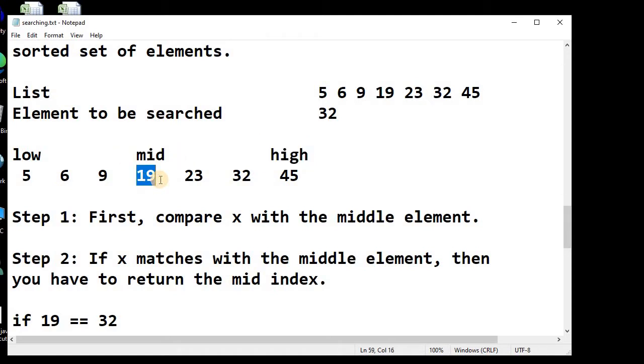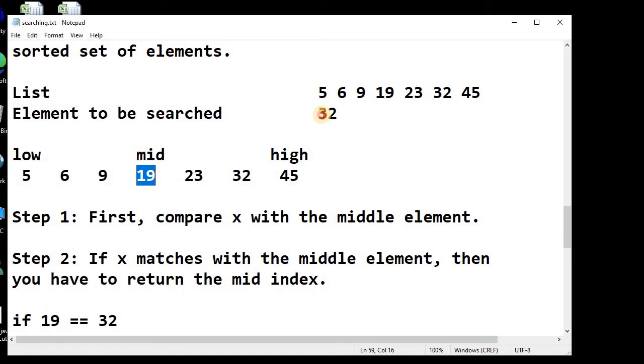Now, how does this binary search algorithm work? Let's say we have to search for the number 32 in the list. In the first step, we compare this 32 with the mid element, and if it matches, we simply return the index of this mid element, and we can say that the element is found. If it does not match, there can be two conditions.